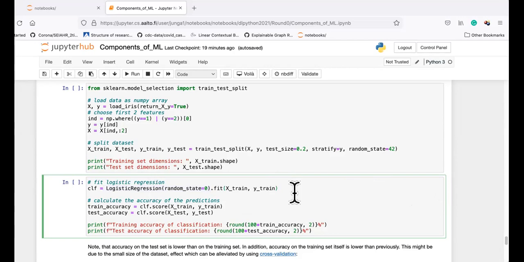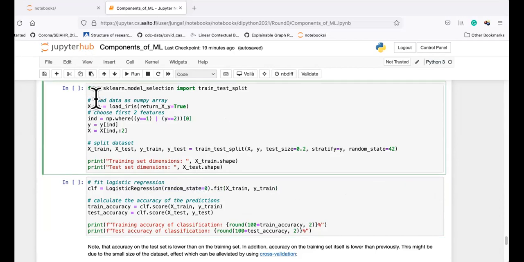Does any one of you know another machine learning method that also uses linear functions as the hypothesis space? Any guesses? Linear regression, yes.